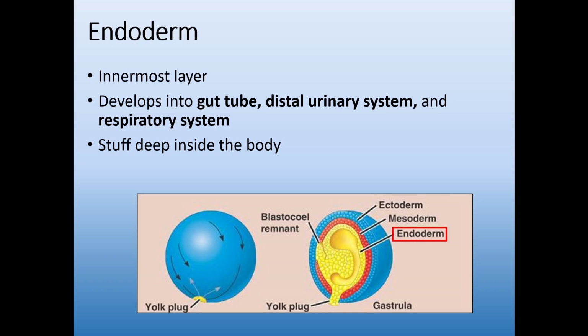This is the part that has created that tube, which might indicate to you what types of tissues it's going to turn into. It's the material that is the deepest within our body and the material that forms the tube that goes from the front to the back. So it's going to be our gut tube, our entire digestive system, starting from the mouth all the way to the anus. It's also going to develop into the urinary system as well as the respiratory system. The respiratory system should also make sense because it's attached to that center tube. So the endoderm becomes your innermost tissue, the stuff that's at the core of your organism.